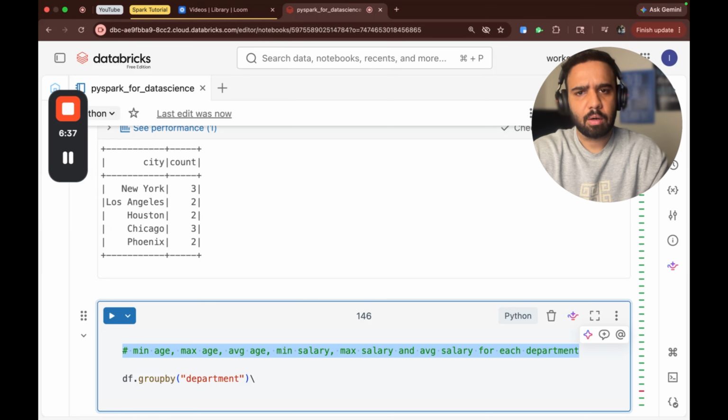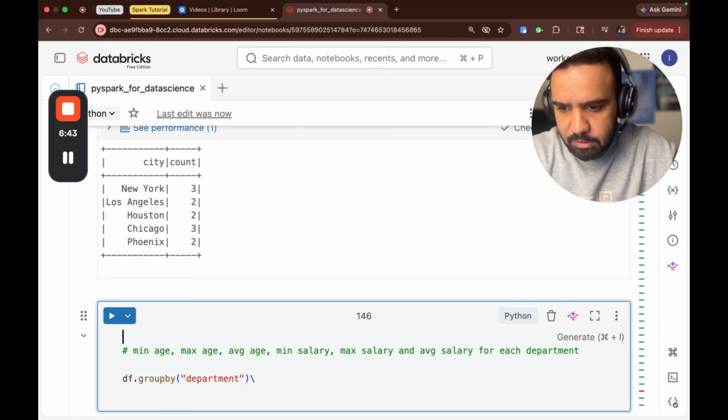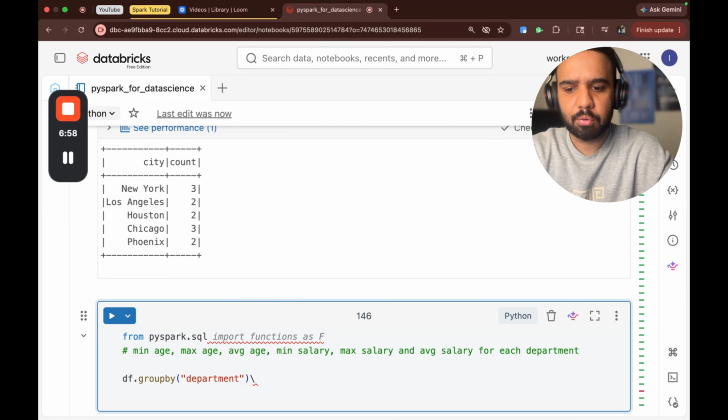So this is a requirement: we want a report where we need all this information at department level, right? Now for this, let's import all these very critical functions, from pyspark.sql. Since importing all the functions individually will mean writing more code,